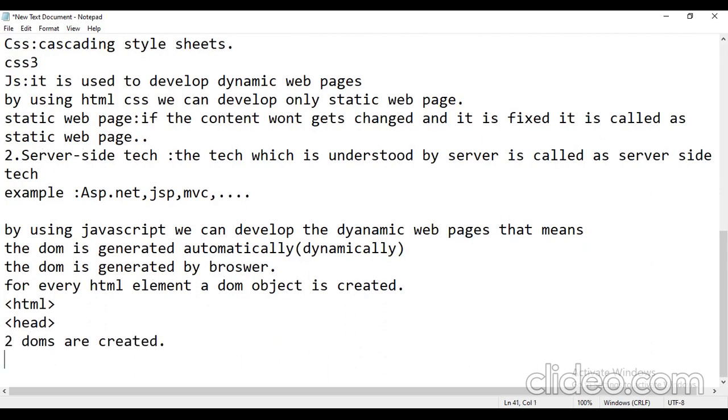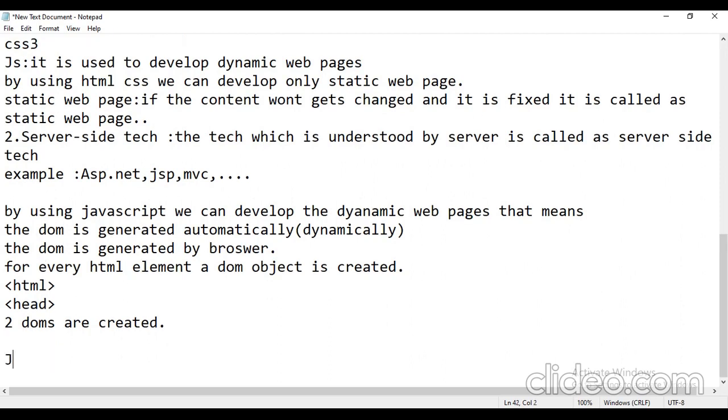By using JavaScript, we can develop dynamic web pages. That means the web page's content will not be fixed. It will be changing from time to time as per user request. That's great. Sir, after this JavaScript, front end people introduced another library called